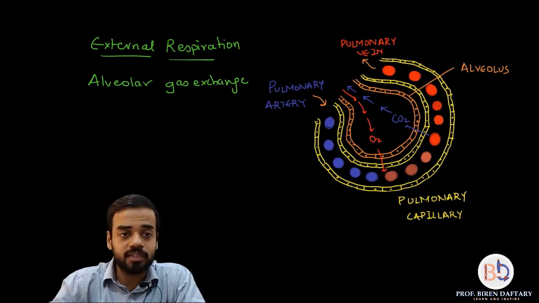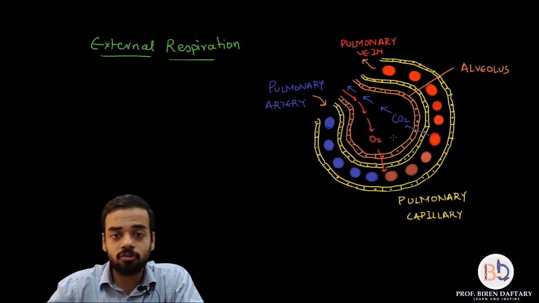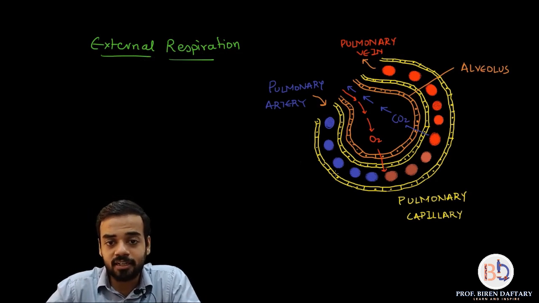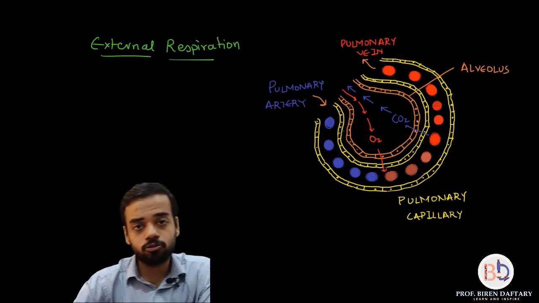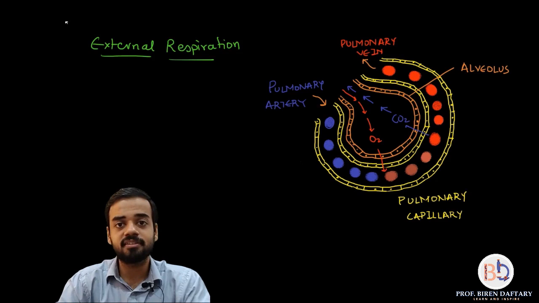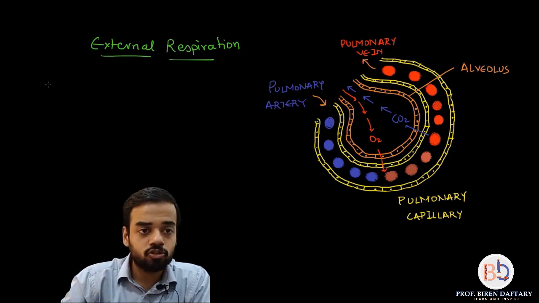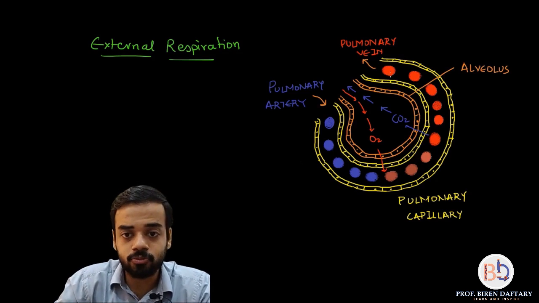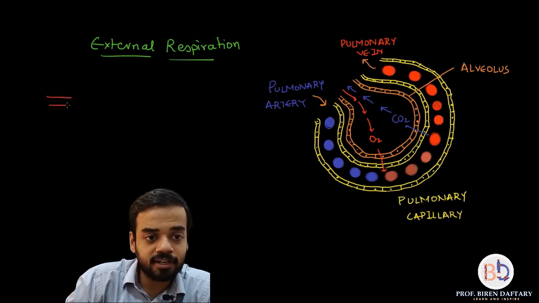Okay, so in this diagram let me first point out a few things. So this entire yellow colored structure which is present, that is the capillary. Okay, for all those who don't know, let me just put it quickly. So blood vessels are of 3 kinds: arteries, capillaries and veins. So okay, now let's do this so that it becomes easy. Now this is an artery which is going.